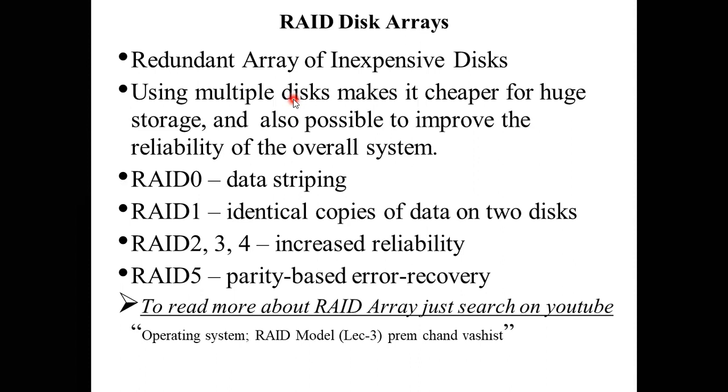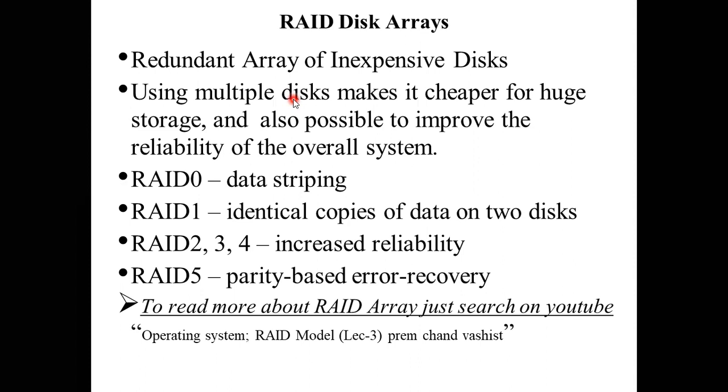So the complete time taken, or simply the system throughput, will be 1 millisecond. So we are enhancing the efficiency of the system. We are enhancing the reliability of the system, and the overall performance of the system can be enhanced with